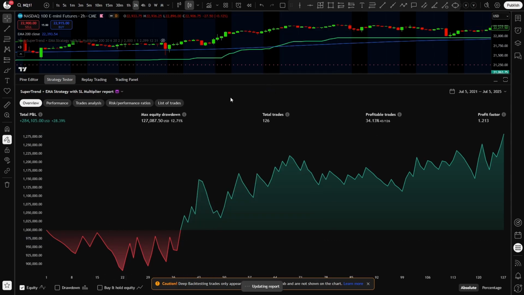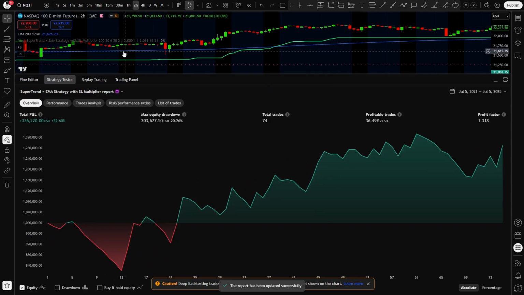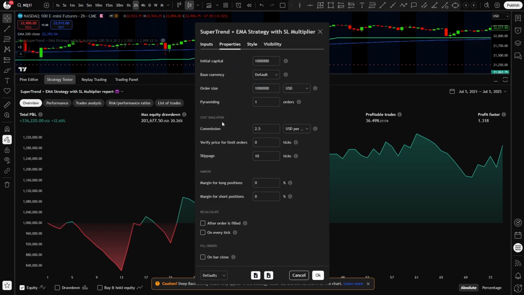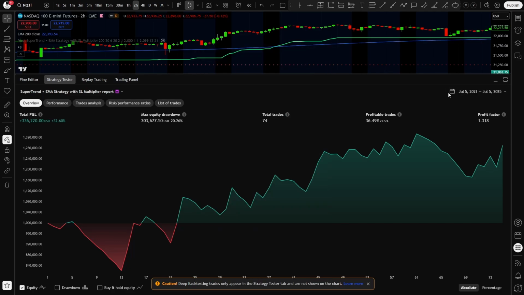As I mentioned, the other setup is also for the 2-hour chart on NQ1 using the normal SuperTrend based script. And these are the settings. These are the longer term parameter sets with a 20 ATR period and the 6 multiplier. The properties tab is the same capital, the same order size, the same commission, and the same slippage. Now during the last 4 years, this version of this strategy took 74 trades, made 32% net profit with a